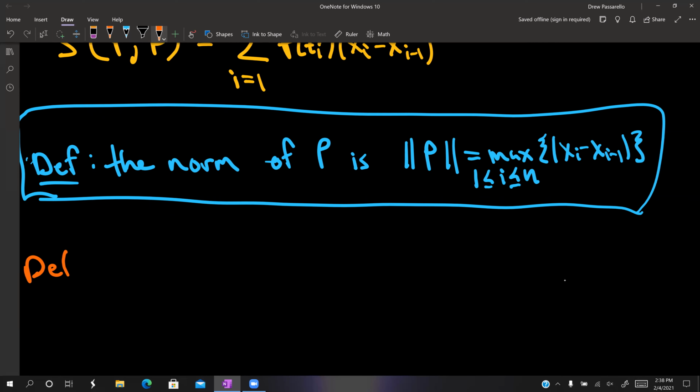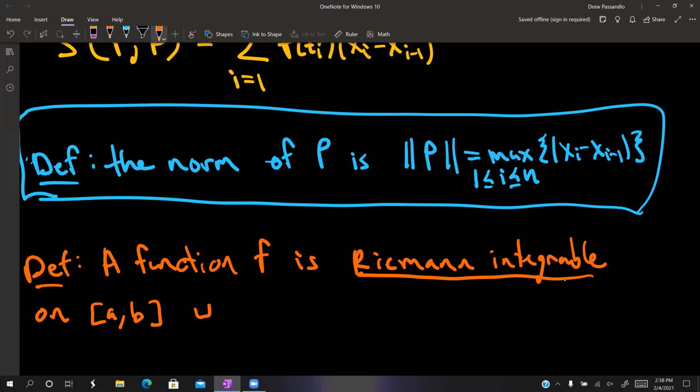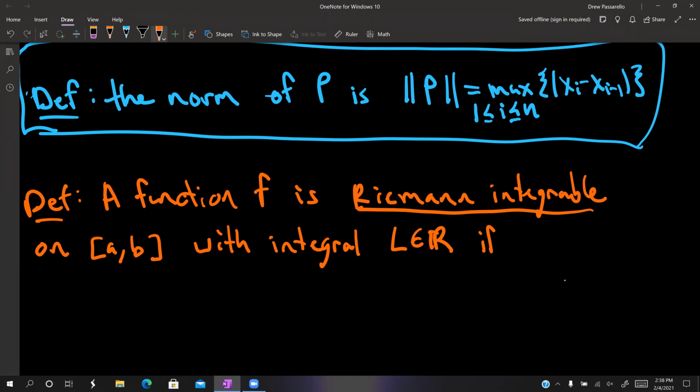Definition: a function f is Riemann integrable on some closed interval [a,b] with integral L if for all epsilon there exists a delta, dependent on epsilon, so I'm calling it delta subscript epsilon, a delta greater than 0, such that if P with that dot over it is any tagged partition,